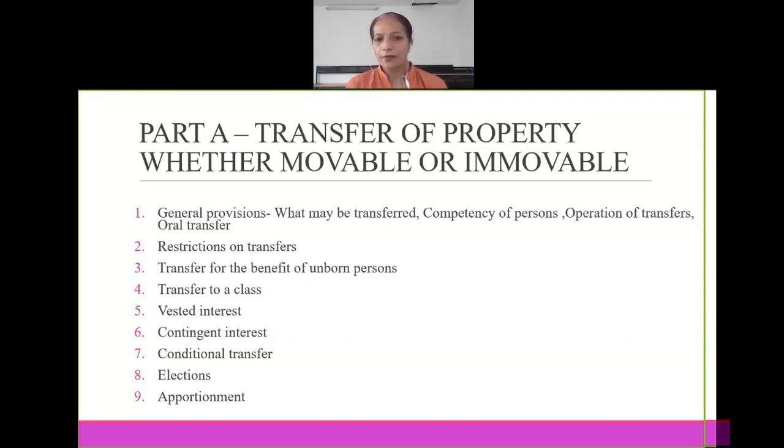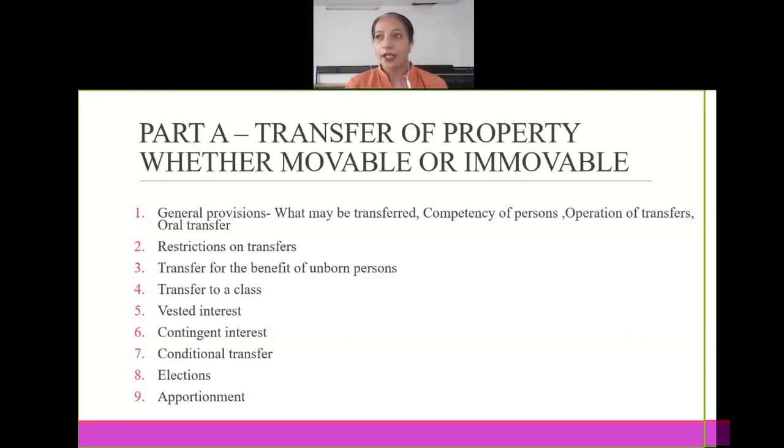That kind of interest may be a vested interest, or it may depend upon a certain contingency. If it is a vested interest, then it would be covered by 0.5. If we say it depends upon a certain contingency, what does it mean? It may happen or may not happen, some future uncertain event. If on the basis of that we are going to get an interest in the property, then it would be called a contingent interest, which depends upon the happening or not happening of any uncertain future